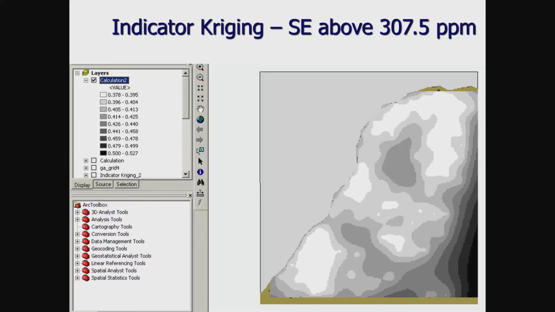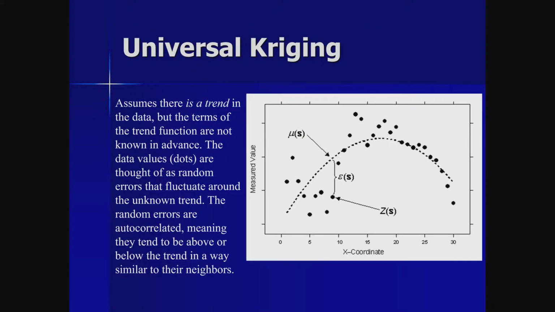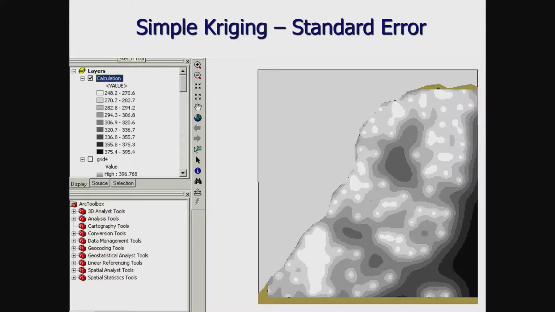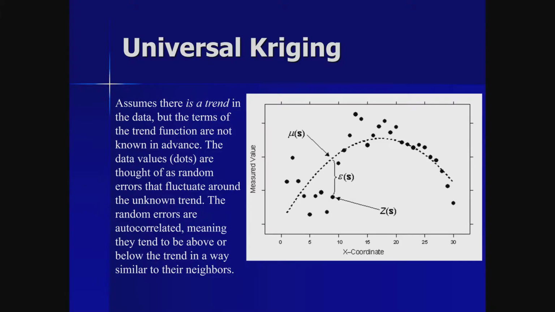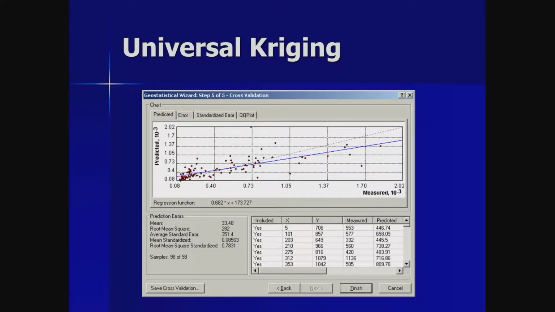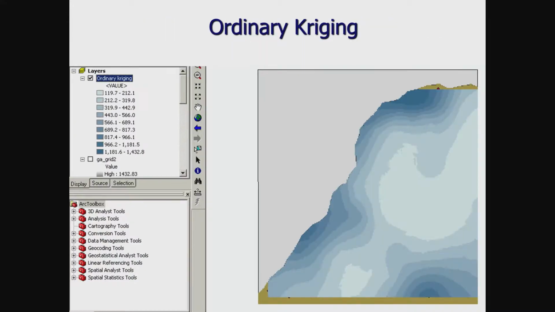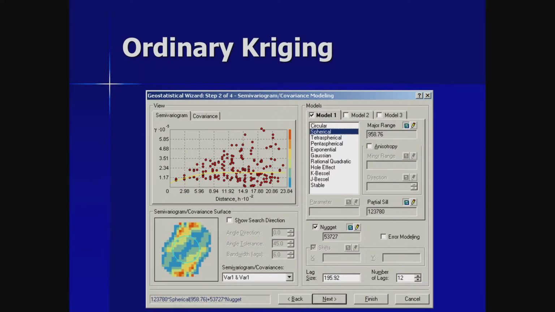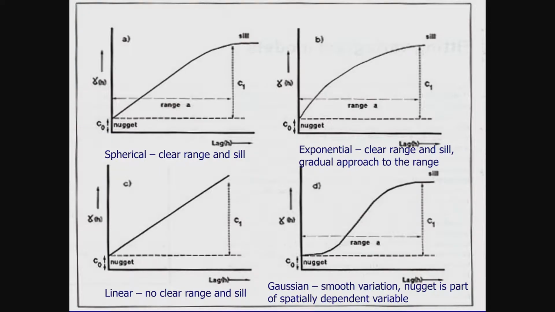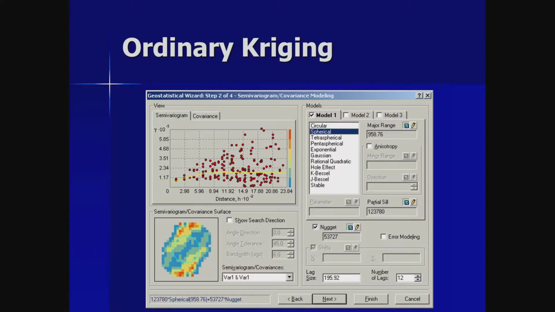Let's see if I can go back here far enough. Did I skip over? Universal kriging is the one that assumes a trend. Did I skip over this? I don't remember saying this. Universal probability. How did I skip over it all? Maybe when I went back and forth, I messed up. I'm sorry, I thought it was still coming up. Okay. So here is